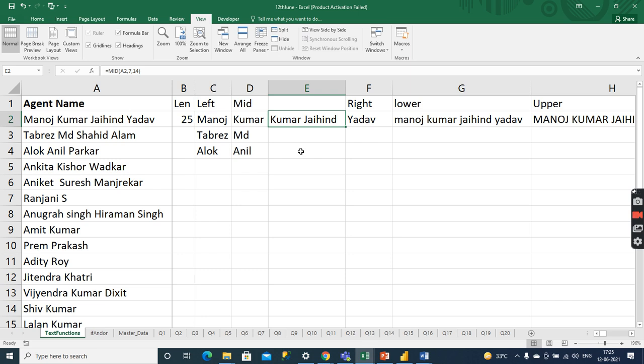Basically, this is more of manual. So yeah, I have already told, after might be tomorrow, day after tomorrow, we shall get the single formula to get the first name, mid name, last name, because it is a little bit complicated. So that's why today I am just going through these formulas, and after that I will tell you how we shall apply. Right, it's a logical point of view. So in the single formula, we shall get the first name, mid name, right name.